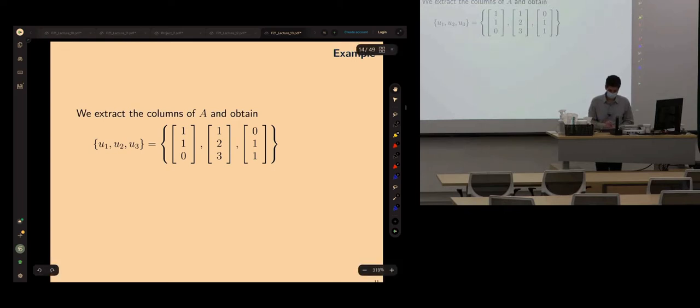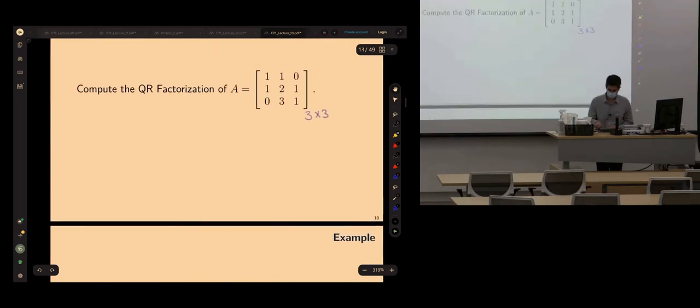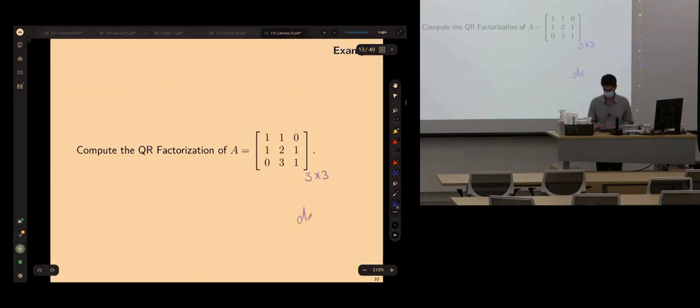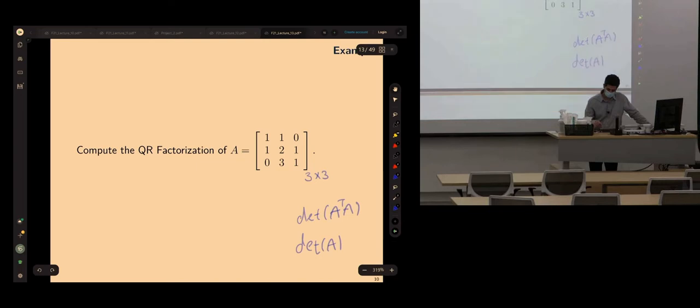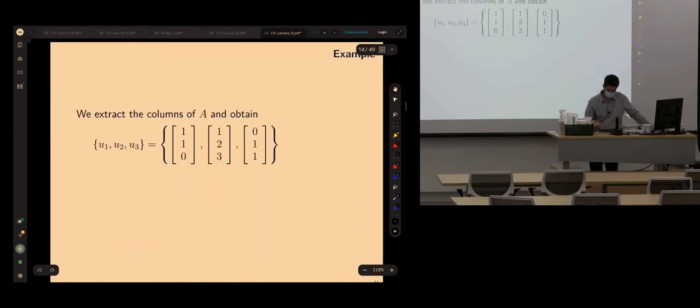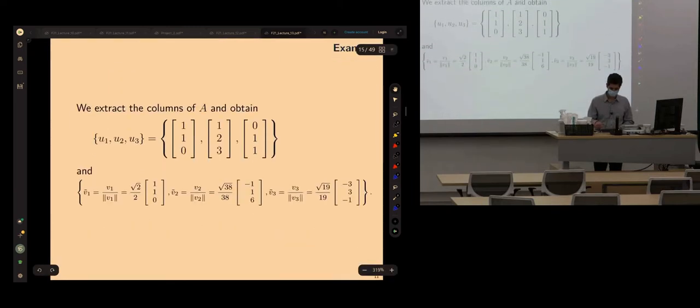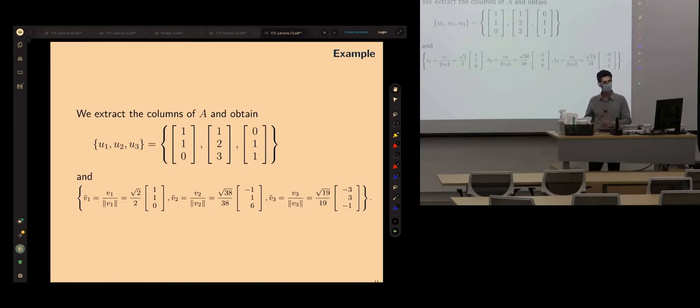So let's take the columns of A. By the way, in general you could check the determinant of A transpose A, right? If you want to know if the columns of A are linearly independent or not. But here A is square, so you can just take the determinant of A. So the columns of A will give us this set of 3 vectors. I'm going to skip the Gram-Schmidt process because that's